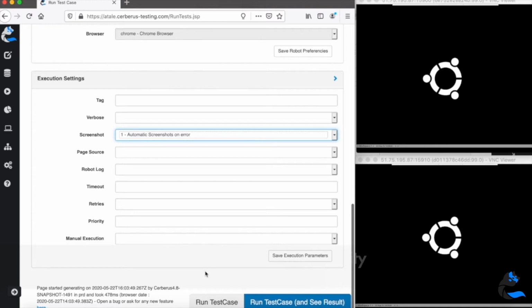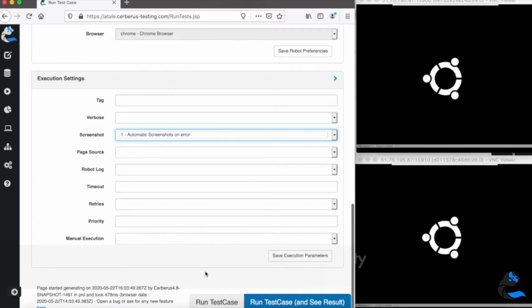You can have screenshots that are explicitly defined inside your test, but you can also want a screenshot for every failed action or control, or even for every action and control, and you can define that inside the execution parameters to avoid having complex test cases, because it's not the responsibility of the test case to do that. We also have the capability to record and replay specific test videos.